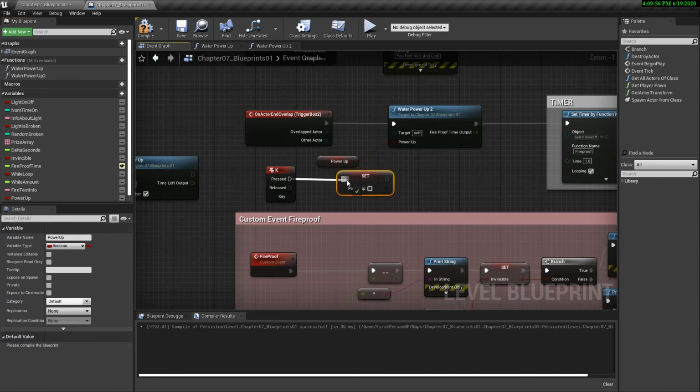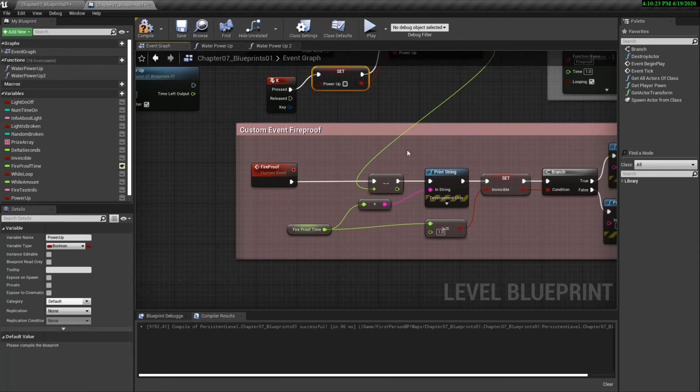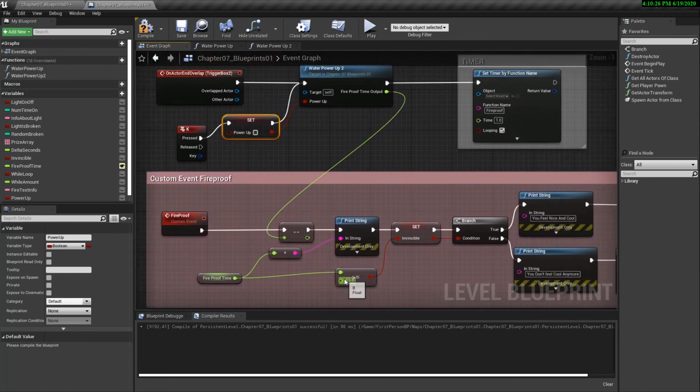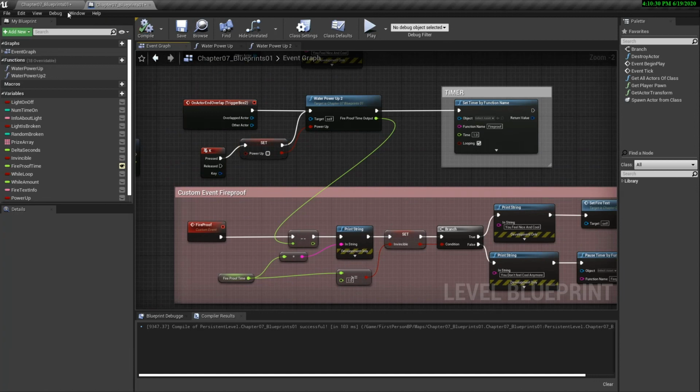And so now if we then had that as an issue, we could then modify the power up and set it to false. And then that setting it to false would then trigger this fireproof output time immediately to trigger and set to 0. And we would pipe down here. Okay, let's hit F7 and see if this works.